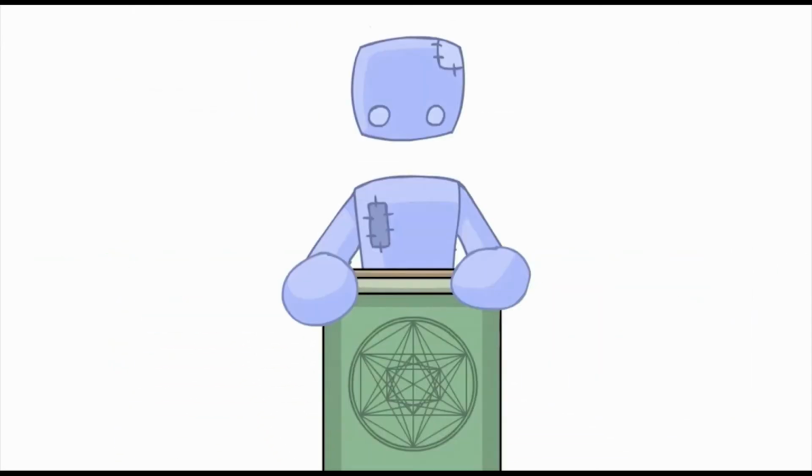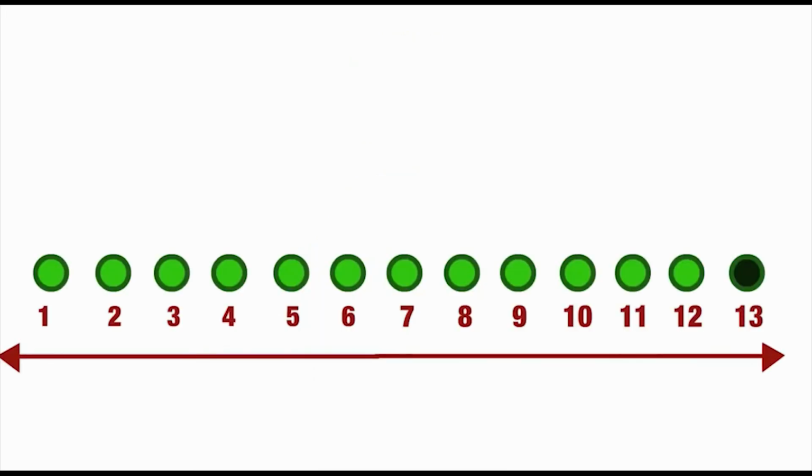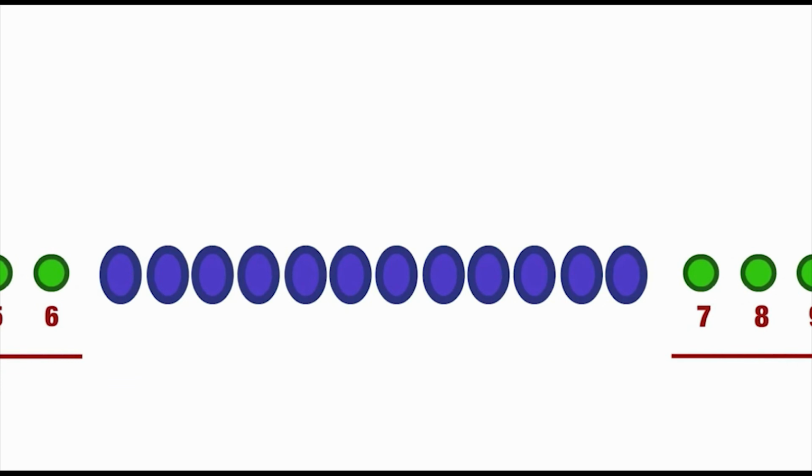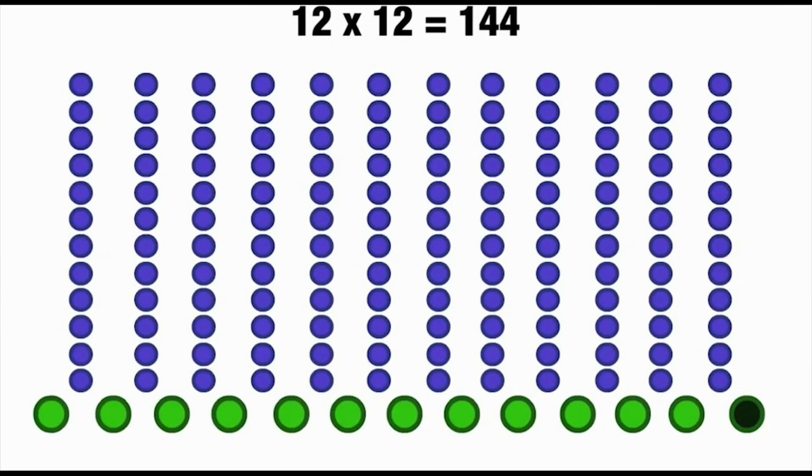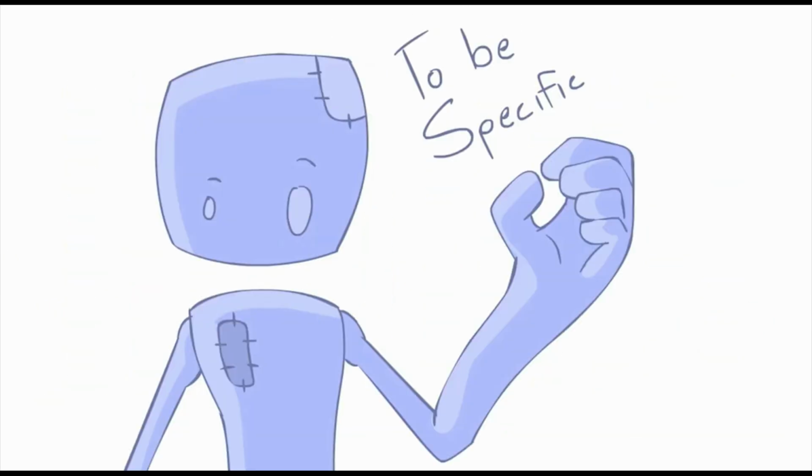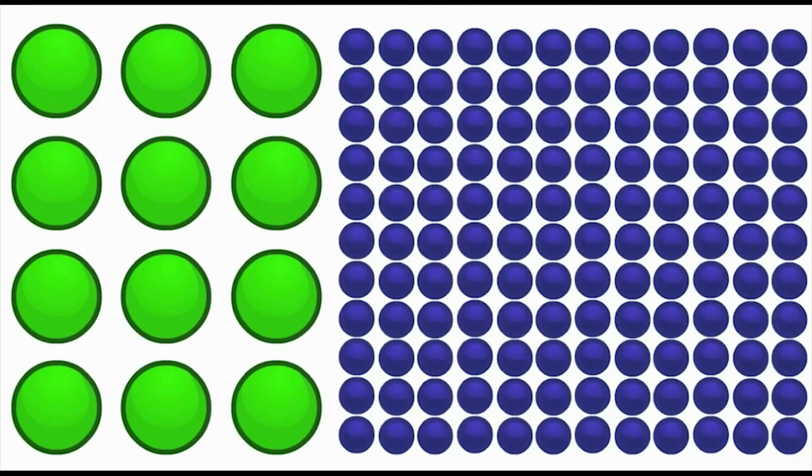You may have heard people talk about 144 dimensions and how 144 relates to other spiritual subjects. This is because there are 12 notes in an octave and 12 overtones between each note. 12 times 12 equals 144 dimensional levels. To be specific, there are 12 major dimensions and 132 minor dimensions within each octave, though in truth this progression probably goes on forever.